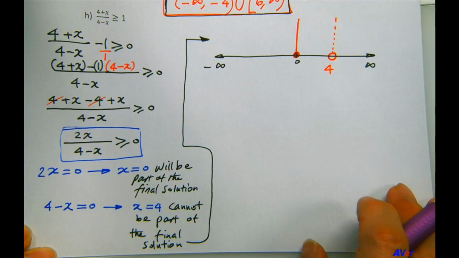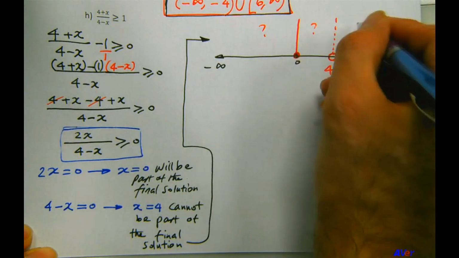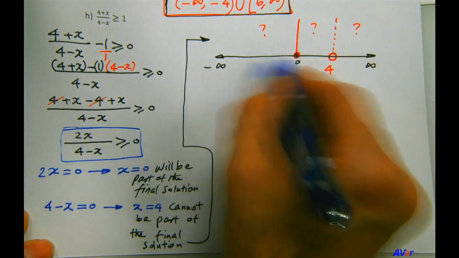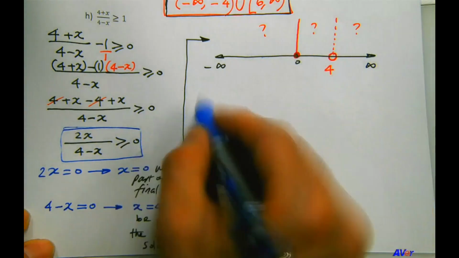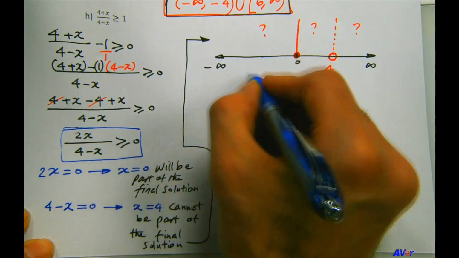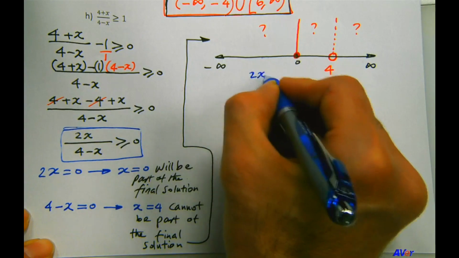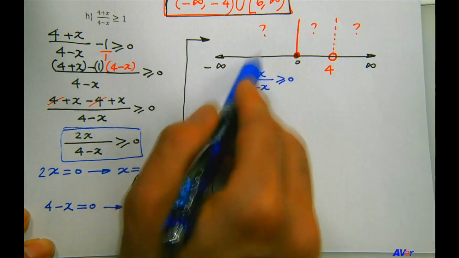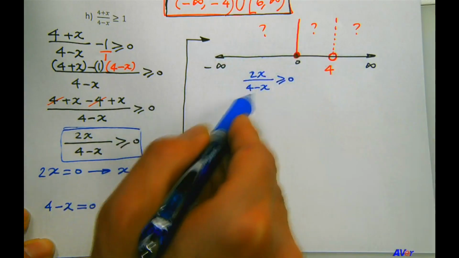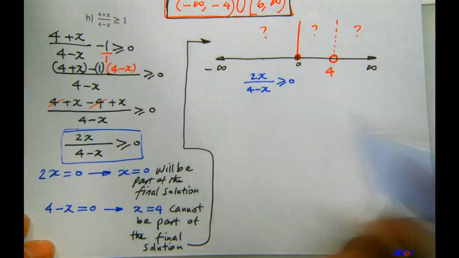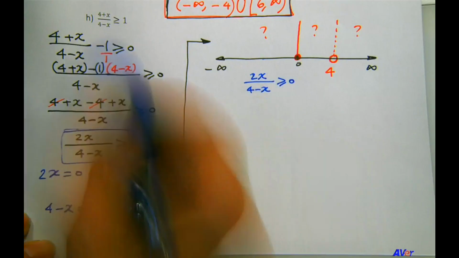So how many regions do you see? We have to test 3 regions. Here, here, and here. Okay, so let's test each region. The easiest number to test in this region, and we're going to test here. So let me put that up here. So 2x divided by 4 minus x greater than or equal to 0. We're going to pick numbers in each region and test it in this one. You can test it there. It's okay. You would get the same result, but this is the result we're dealing with after taking the common